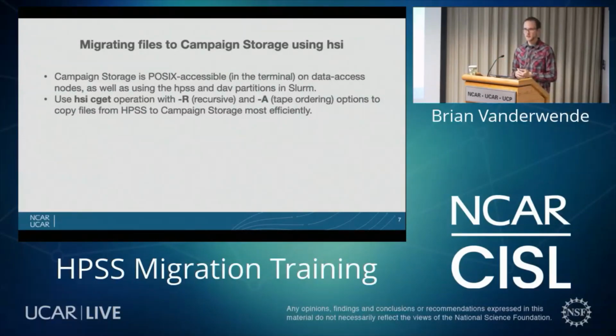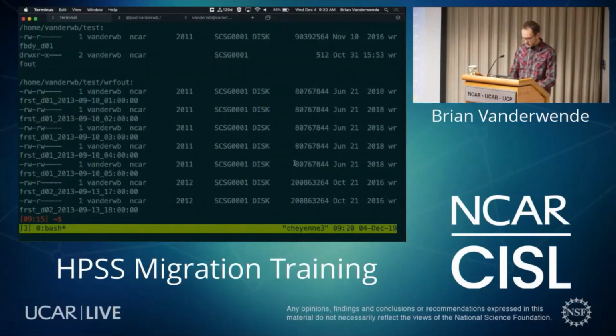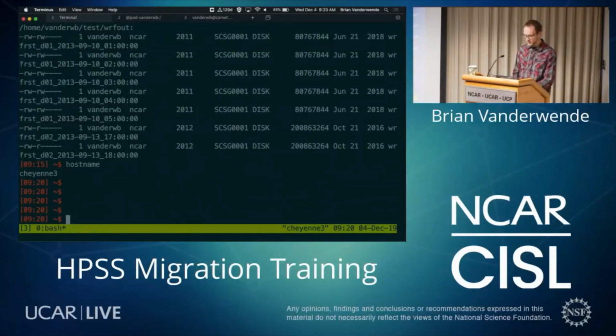So the campaign storage data path is really the simpler one, I suppose, since they're both internal to our authentication. Campaign storage is POSIX accessible, which basically means you can access it in a terminal on the data access nodes. So if you're not familiar with those, if you haven't seen these before, let me make this bigger again. So right now I'm on Cheyenne. If I run hostname, I can see I'm on Cheyenne 3. But I can do an SSH to